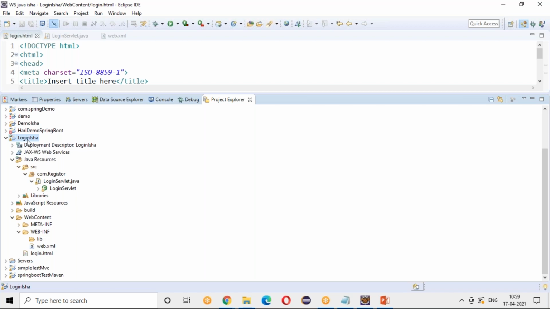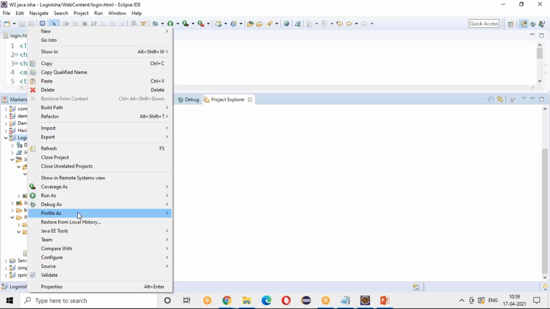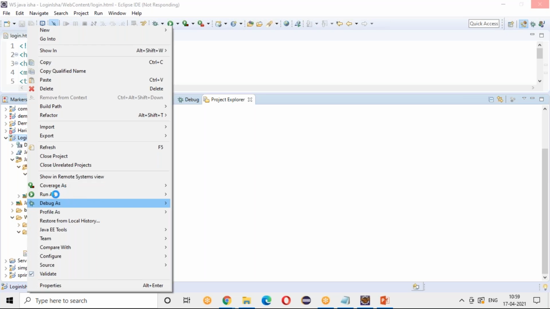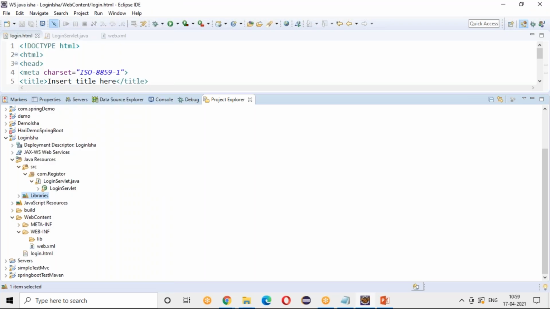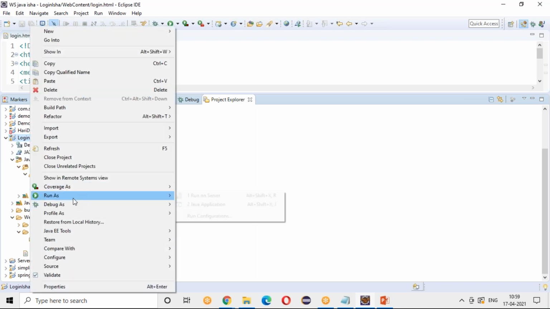So right click on this project, and you have an option called run as. In run as, if it is a normal Java application, I would run as a Java application, but it is a web application, so I'll be running on Tomcat. That is nothing but run on server.